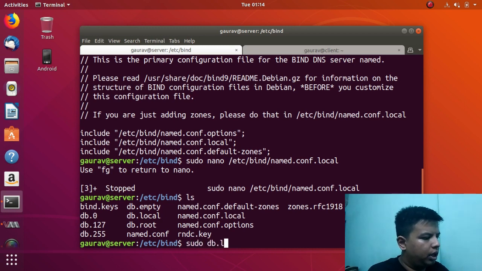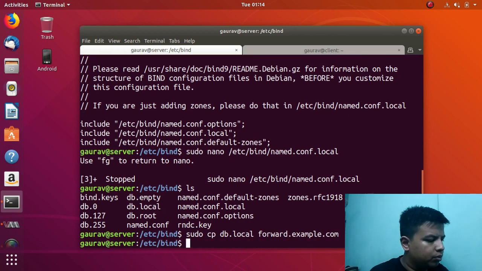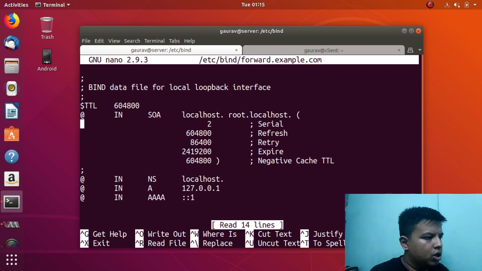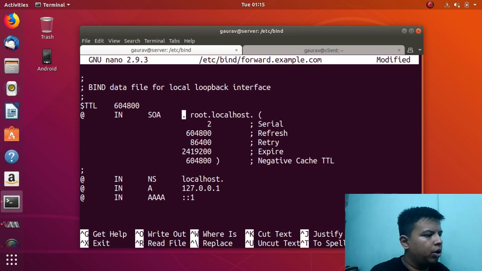Sorry, sudo cp db.local to forward.example.com. Now I'll edit this file using the nano text editor. Sudo nano forward.example.com in /etc/bind. In this file, first of all, after the SOA, the start of authority, you have to give